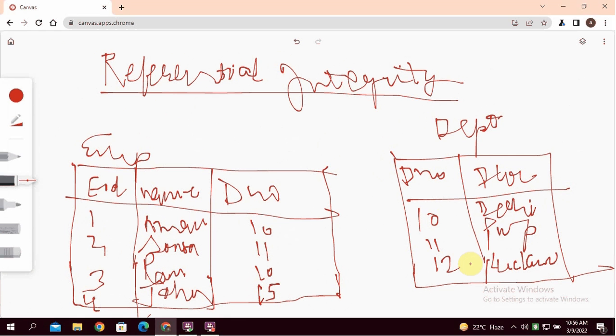In referential integrity constraint, a foreign key can be either null or it can have only those values which are present in the primary key with which it is related. Referential integrity rule is specified between two relations.